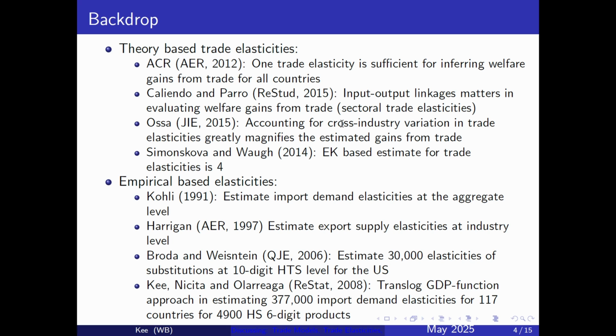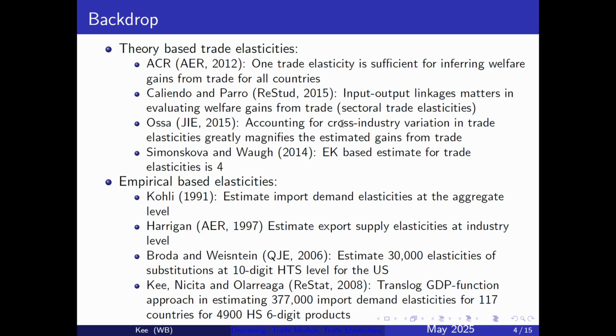And then you have Osa's paper in JIE 2015 saying that there is also cross-industry variation, that some industries are just much more important than other industries. Iron and steel is much more important than other industries. So if you take those linkages into account,